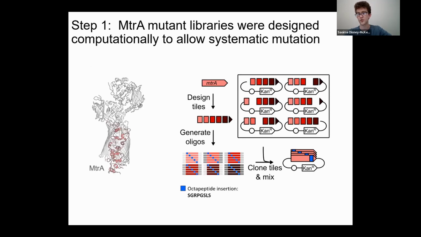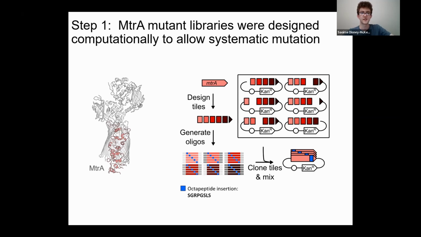So to generate the library of MtrA mutants, we used an algorithm called SPINE, which was reported in the literature a couple of years ago. And it's a really nice alternative to transposon-mediated mutagenesis because it's a lot less biased. All of the oligos are made synthetically. And traditionally, this has been a bit of a problem for longer proteins because it's pretty expensive to synthesize long